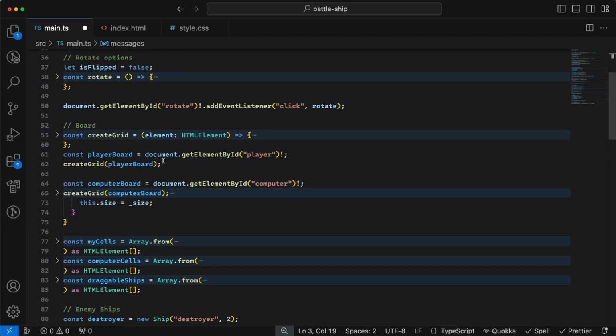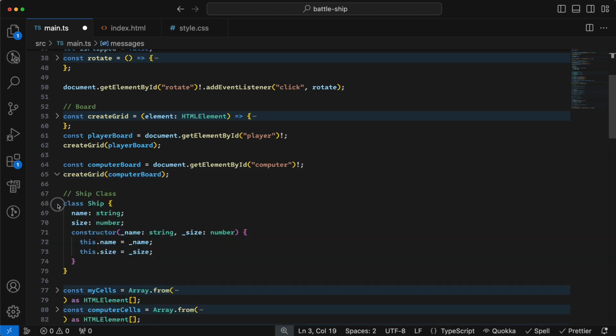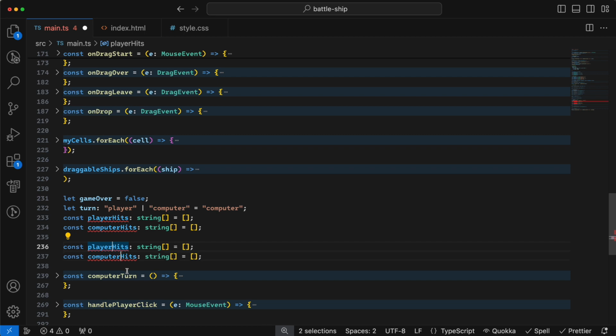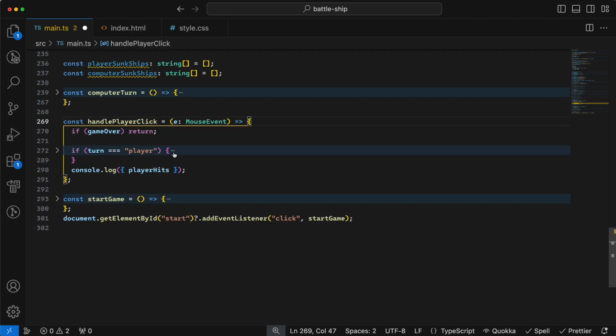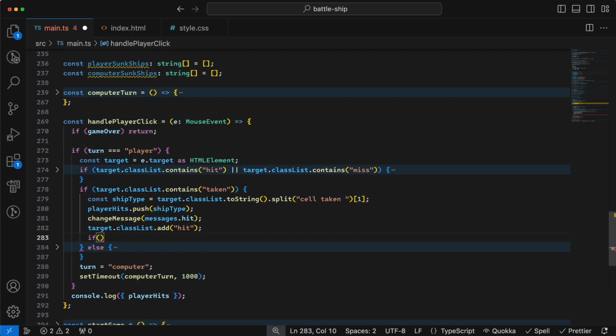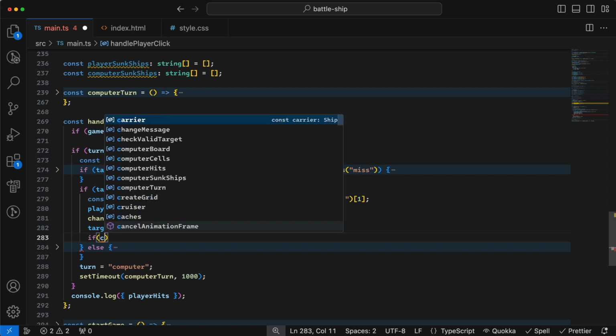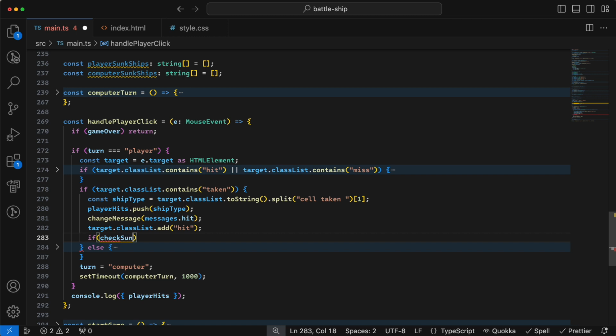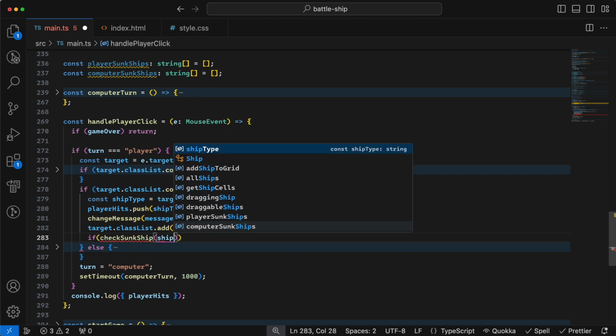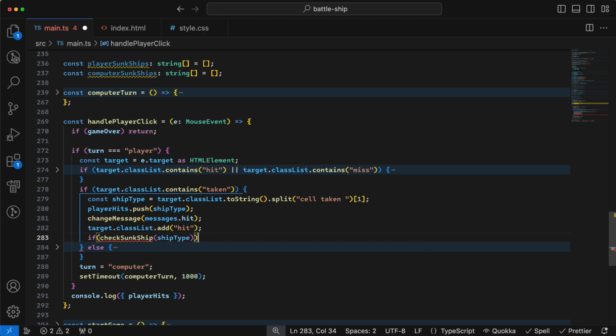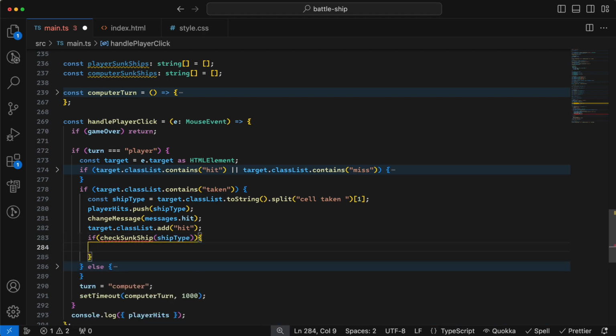First thing is that we just need to keep track of all the ships that are sunk. These are strings as well. Then let's go and see if we have sunk an enemy ship or not. Now here we can check if we have sunk the ship that we already hit or not. So let's say this is a function, so check sunk ship of the ship type that we already hit. If we have sunk that one,